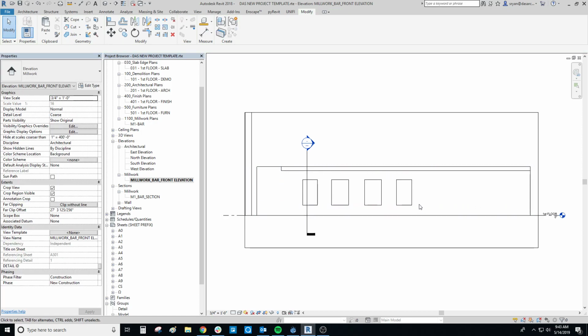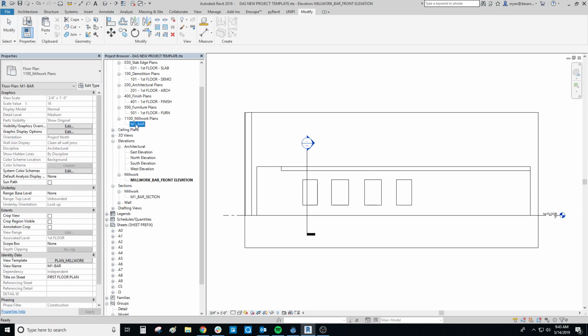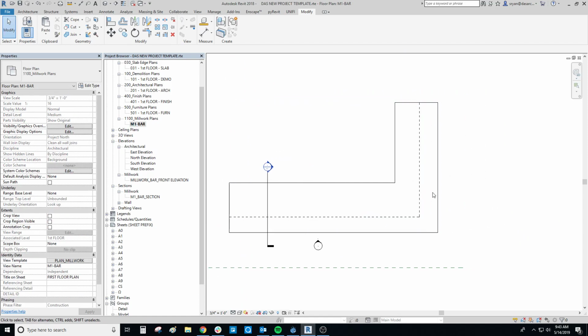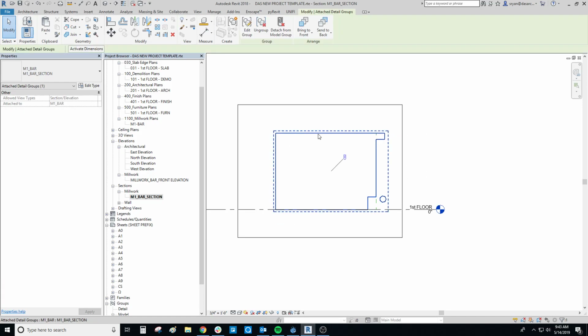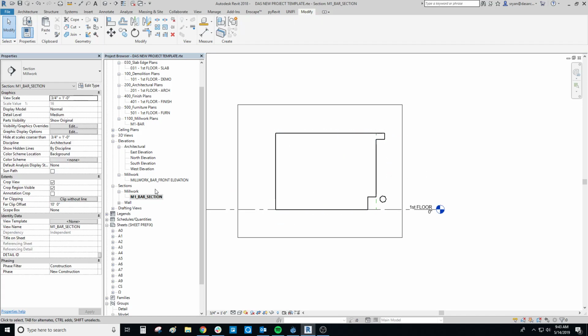is traveling along with it. If I go into the plan, everything is moving. That looks great. If I go into this section, everything is moving. So it's all sort of attached together, which is really nice. Now, the one thing that is a little weird